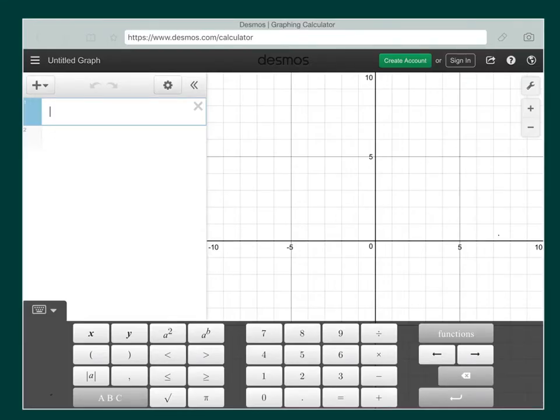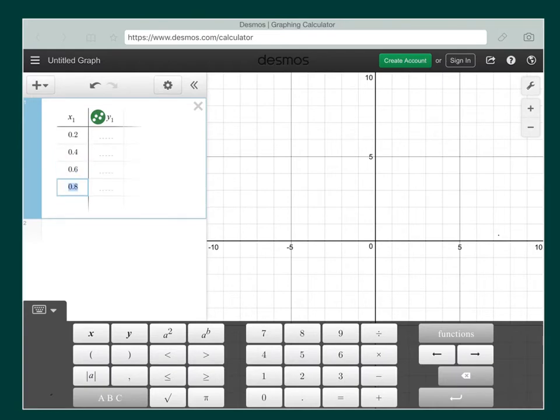Okay, we're going to take that data from the previous table and put it into Desmos. The easiest way to do that is to click on the plus sign and choose Table. In x1, we're going to type in 0.2, enter, 0.4, enter, 0.6, enter, 0.8, enter, and then 1.